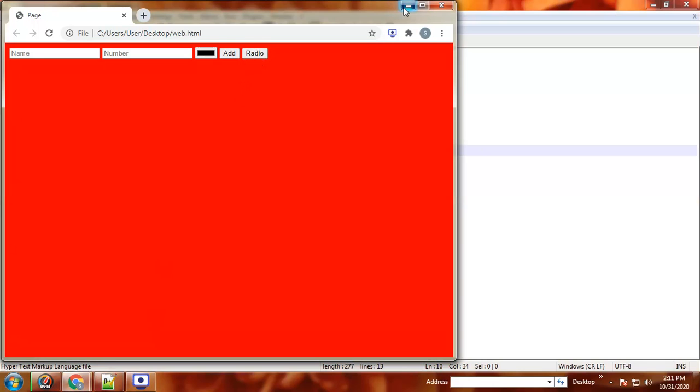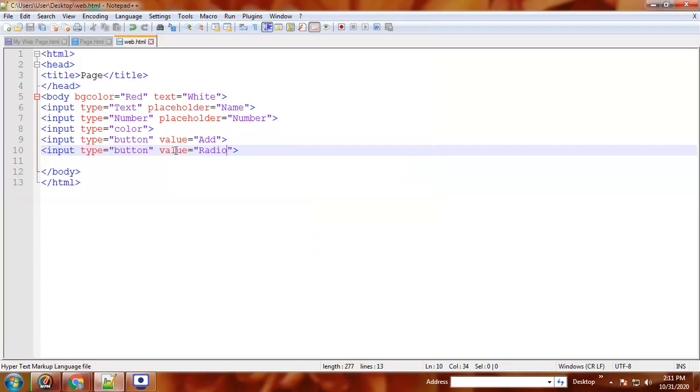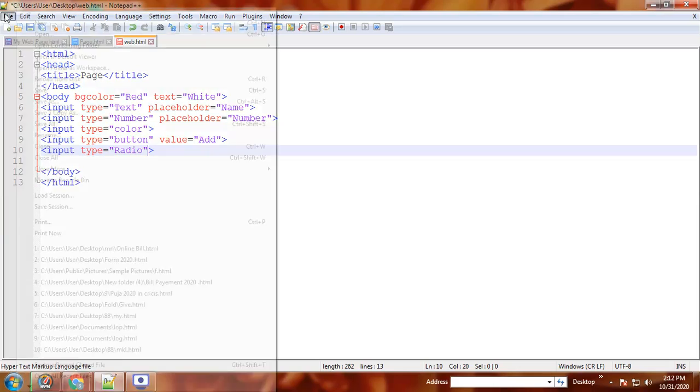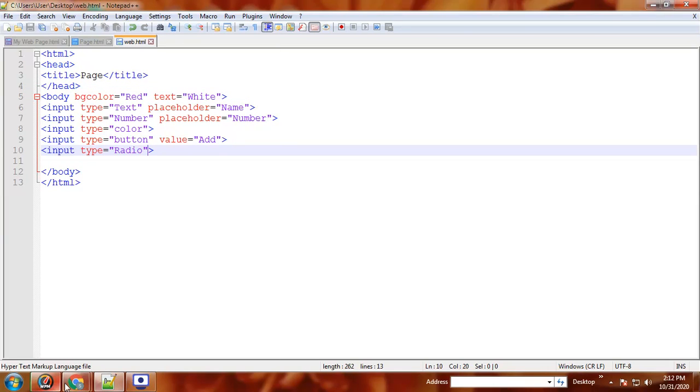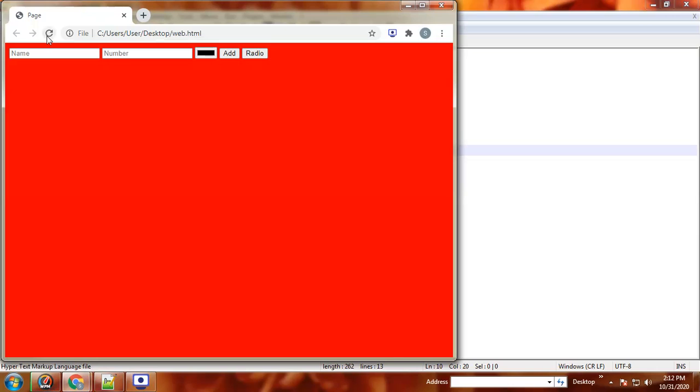If I give just input type equal to radio, then file, save, reload.